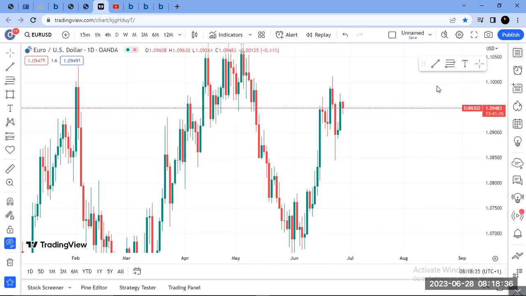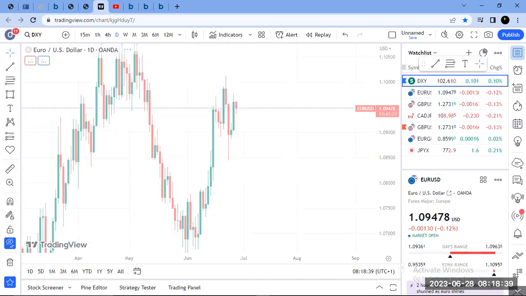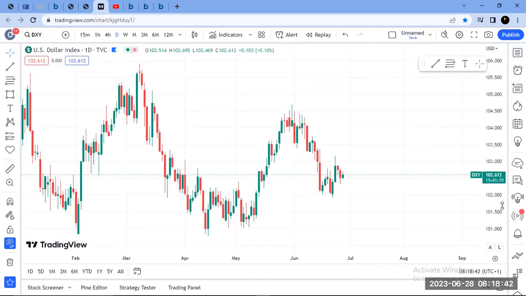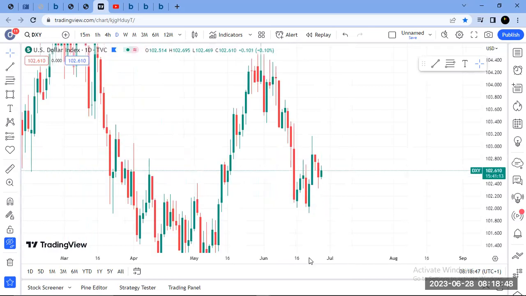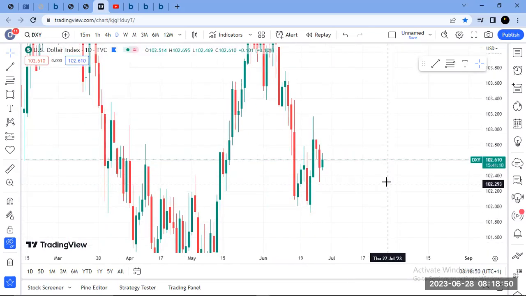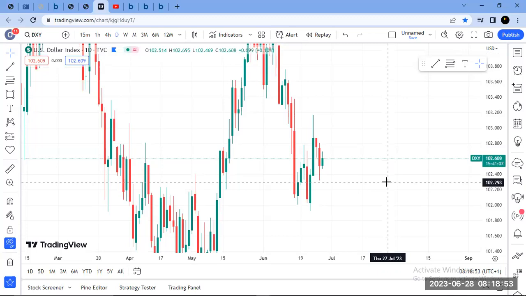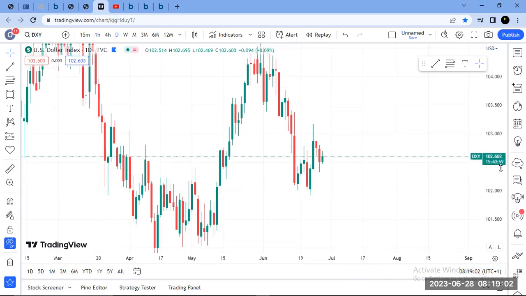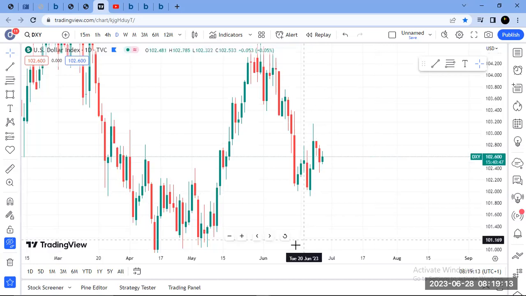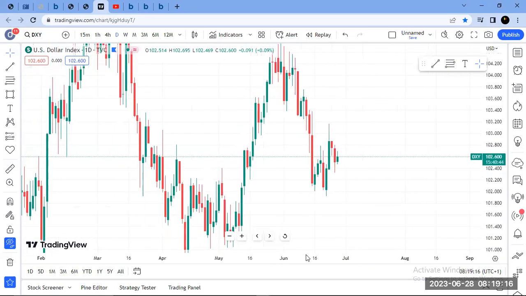Does anyone have an idea? Let me just pitch in something. Does anyone have an idea for what we should be looking at? On the dollar, or what we should be looking at on the dollar? Yes, for now. Okay. I have a little idea. Okay. Tell us your name, the place you are talking from, and then we can give you an idea.